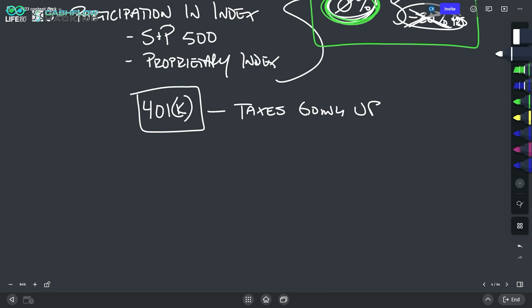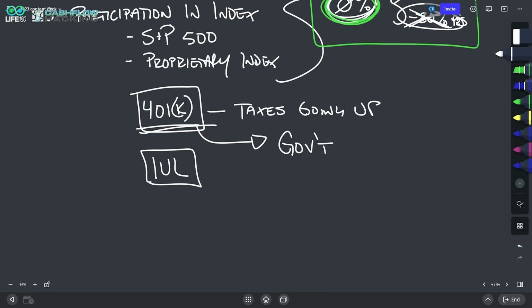So if taxes are going up, why defer taxes now to pay taxes later in this account? Now, to that accord, I would agree. And so they would try to get you to transition and put your money not in a 401k, but into an IUL. If that's the case, you have to realize that when your taxes are going up and you put your money in a 401k, the government is controlling your money. When you put your money in an IUL, you are giving up control of your money and giving it to an insurance company,